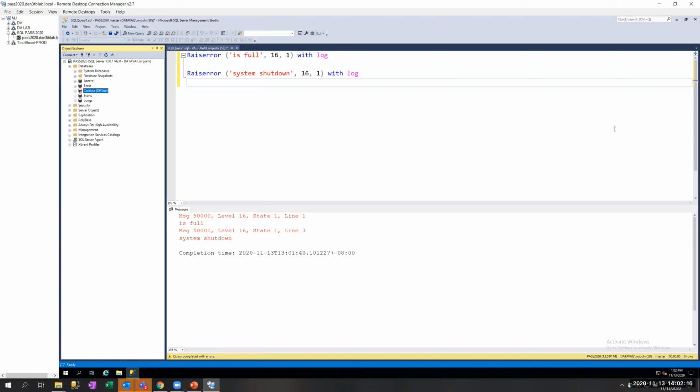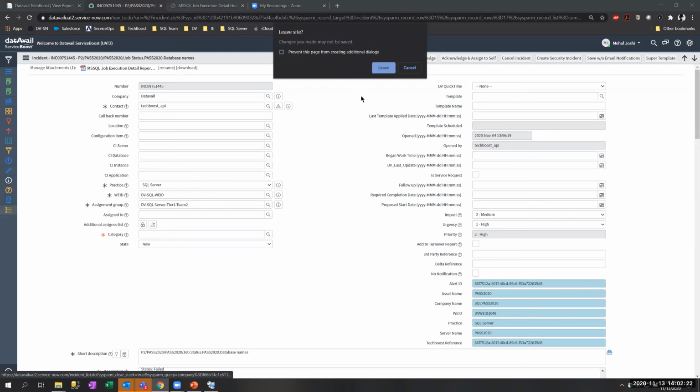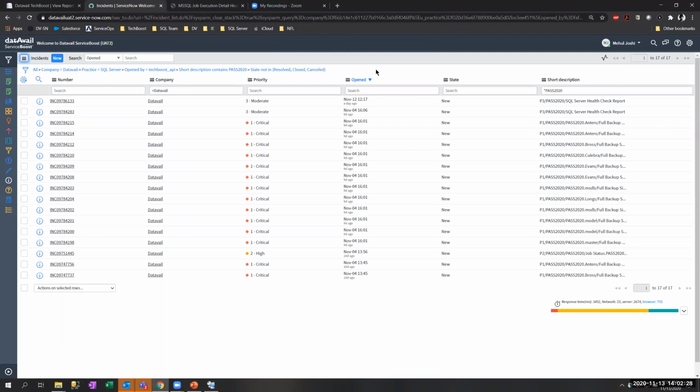I'm going back to the ticketing tool, which I have here. I'm going to click on this one and leave this ticket. If you see, remember that we had only two last tickets for SQL Server Health Check that came on November 12th. Today is November 13th. Let's refresh my screen. I ran my query